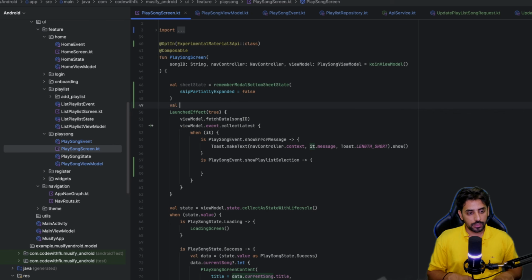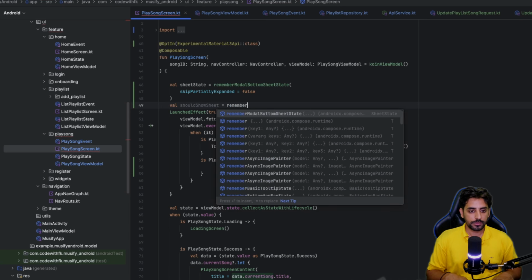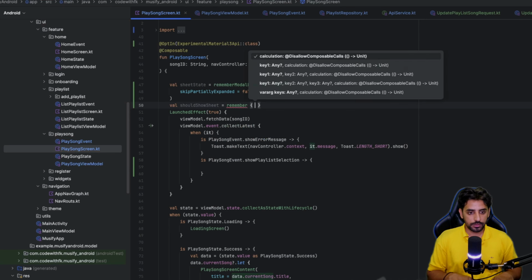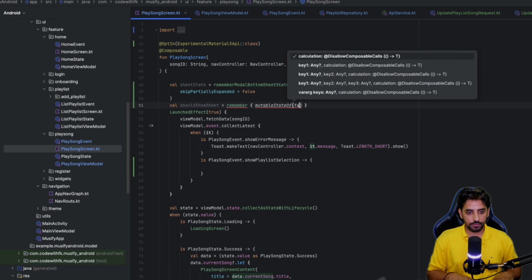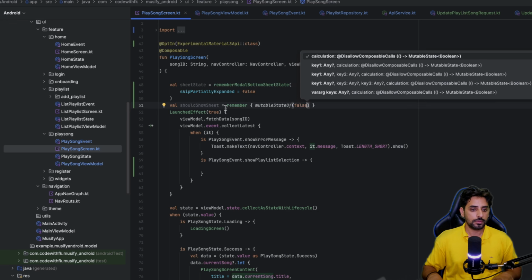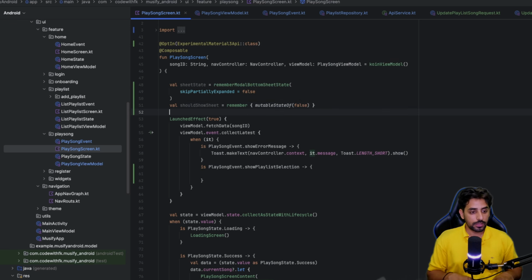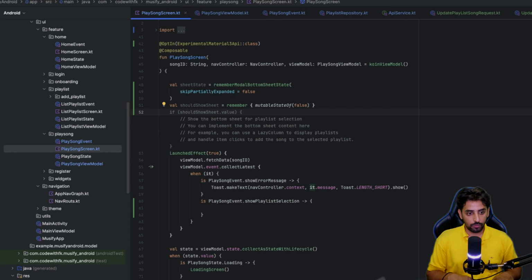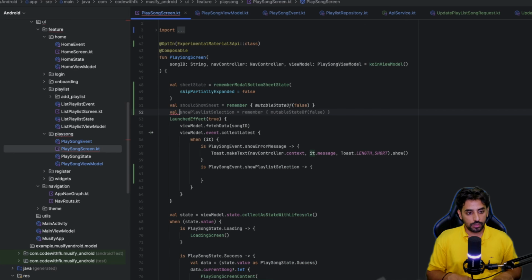And then the next thing that we need is to make sure whether we are supposed to show the sheet. So should show sheet, and that is going to be remember, and that is going to be mutable state of false for now. Okay, that's two things. Third thing is the list that we would want, and that is going to be val playlist